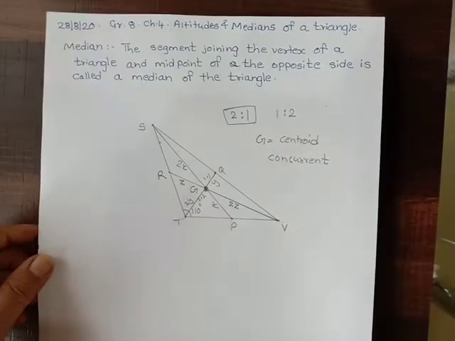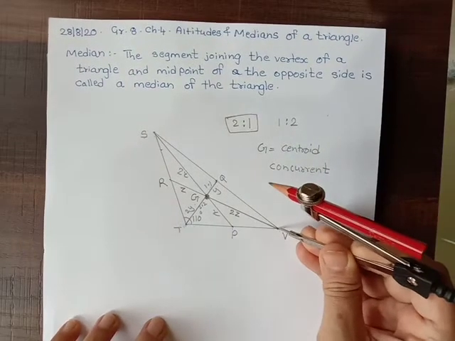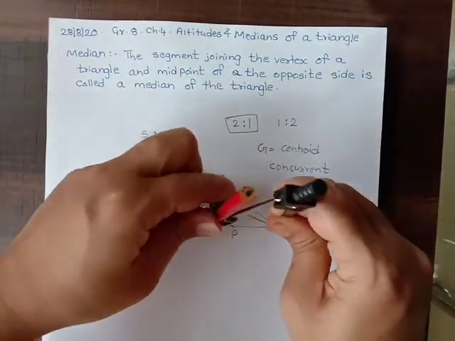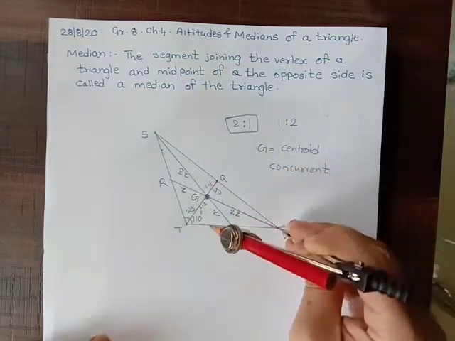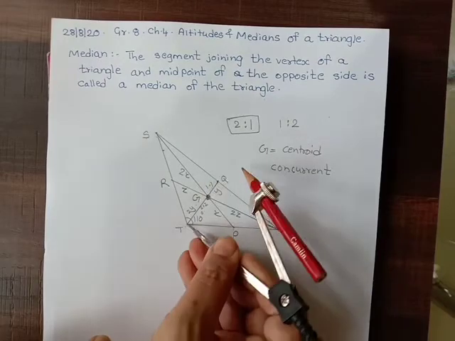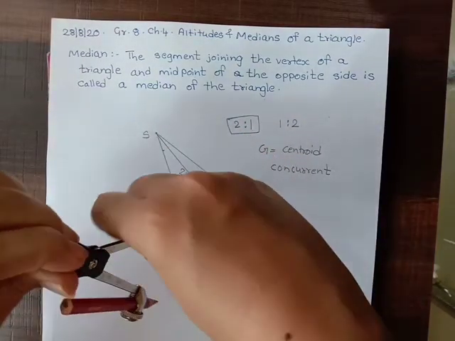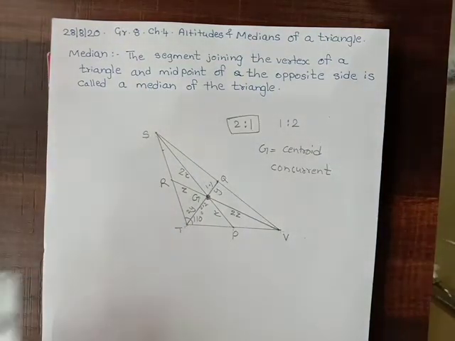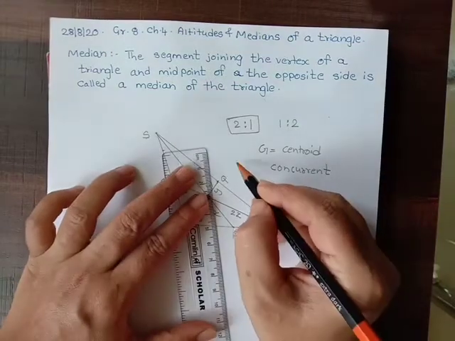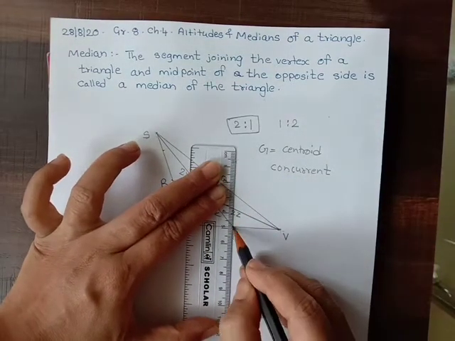Now there is another method to find the midpoint, as we have seen in perpendicular bisectors while drawing them, isn't it? What you can do? You put the compass at V, take more than half, make an arc over here, make another arc over here. Same distance, you put at T, cut this arc over here, cut this arc at this side also, and then you can join these two cuttings. You will see that it passes through P again. See, if I am joining this, it exactly comes to P.